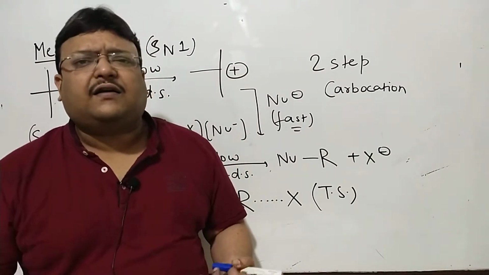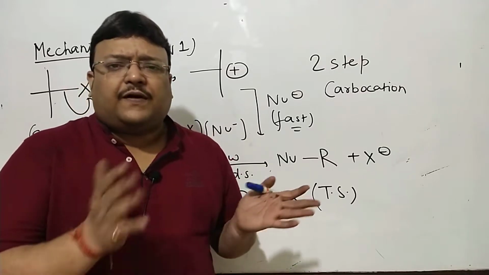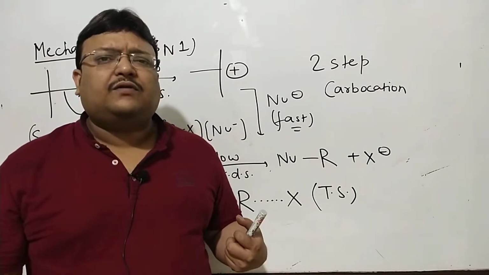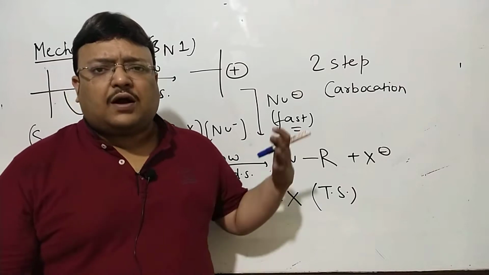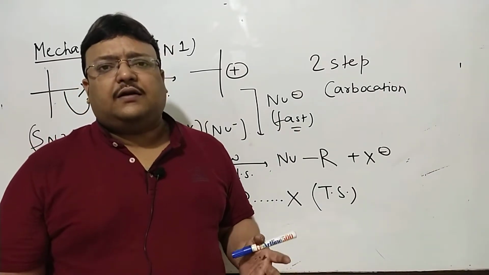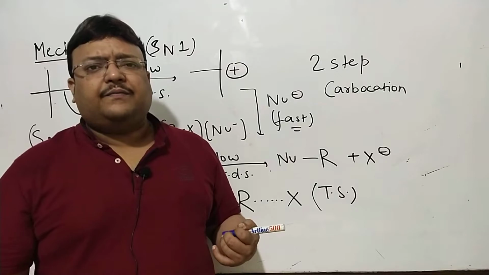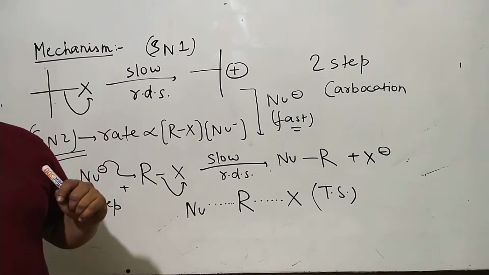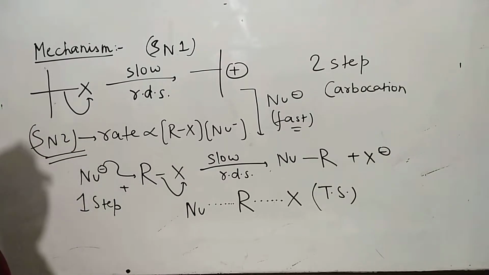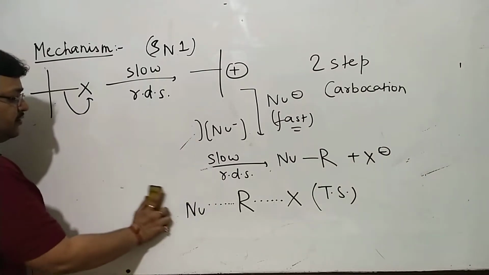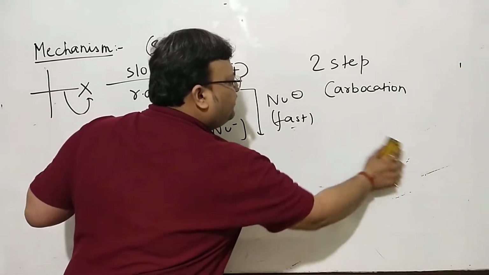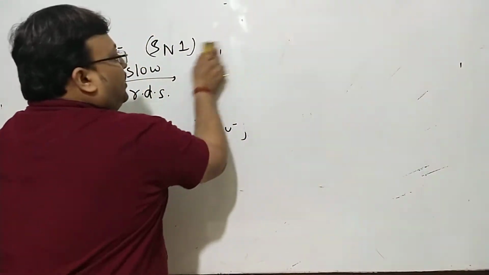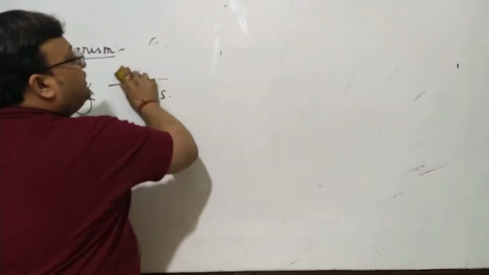It's not like every factor is going to work in favor of SN1 or SN2. There could be some factors which would be common to both. We'll talk about it. But it's ideal to talk in a comparative analysis manner, because that would be the right way to go about it. Now, suppose we compare SN1 and SN2. We have known the mechanism to some extent. I repeat, the mechanism has been proposed keeping the rate law expression in mind, and deliberately we want to go into a comparative analysis.